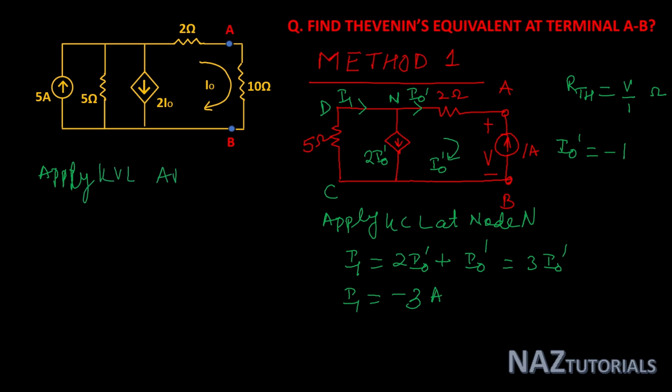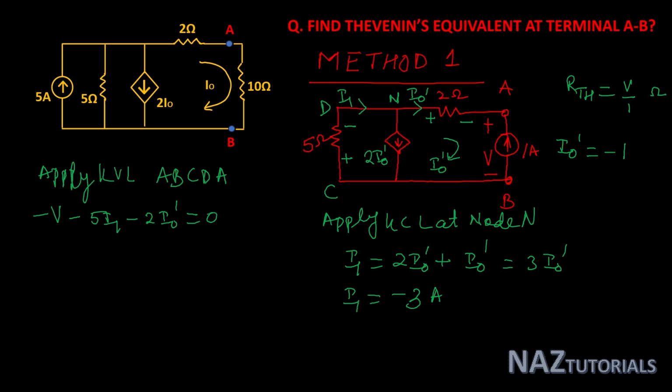In path A, B, C, G, A. And if you see the current direction, according to the current direction, the 2 ohm resistor polarity is this and the 5 ohm resistance polarity is like this. And then apply KVL: A to B, minus V, then minus 5 I1 minus 2 I naught dash is equal